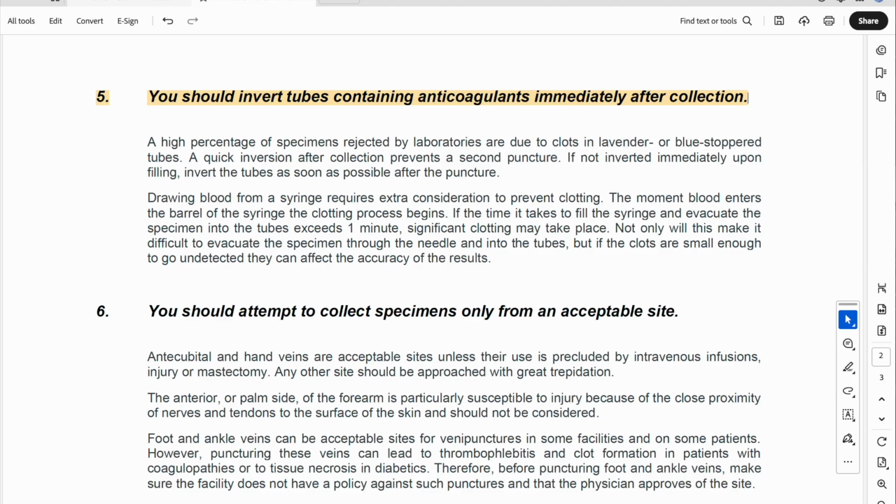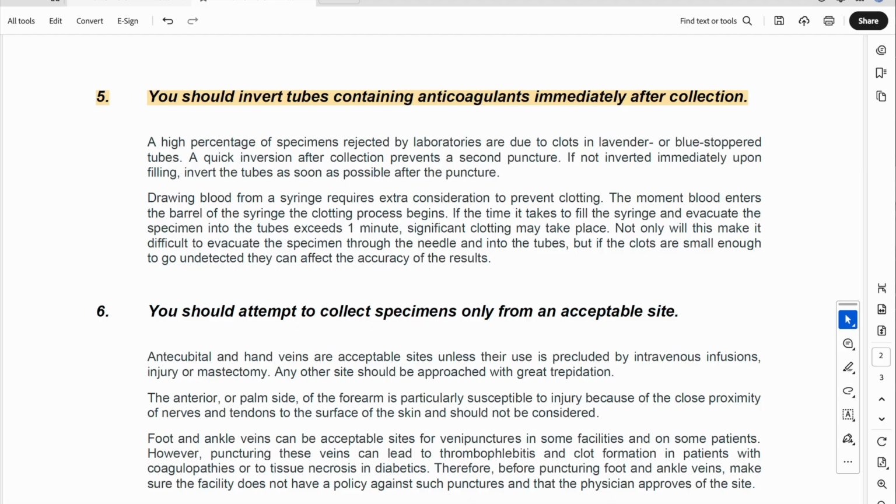Tubes containing anticoagulants, particularly lavender top EDTA tubes and blue top citrate tubes, must be inverted immediately after collection to ensure proper mixing with the anticoagulant. The inversion should be gentle but thorough, typically 8 to 10 times for most tubes. If you cannot invert immediately during collection, do so as soon as possible after completing the